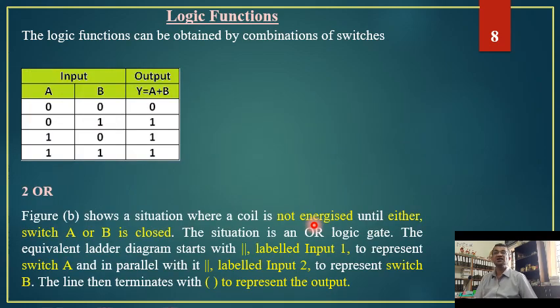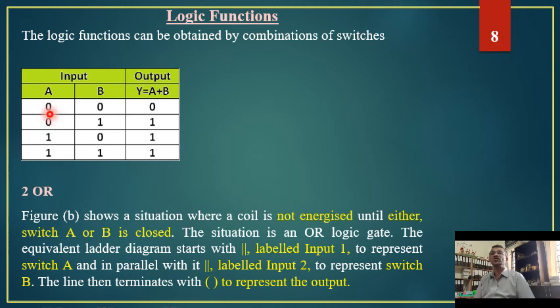Now let us see how exactly OR functions. OR is nothing but either of the two, either A or B. That is what the meaning is. If A or B are on, then output is on. That can be very clearly seen in this